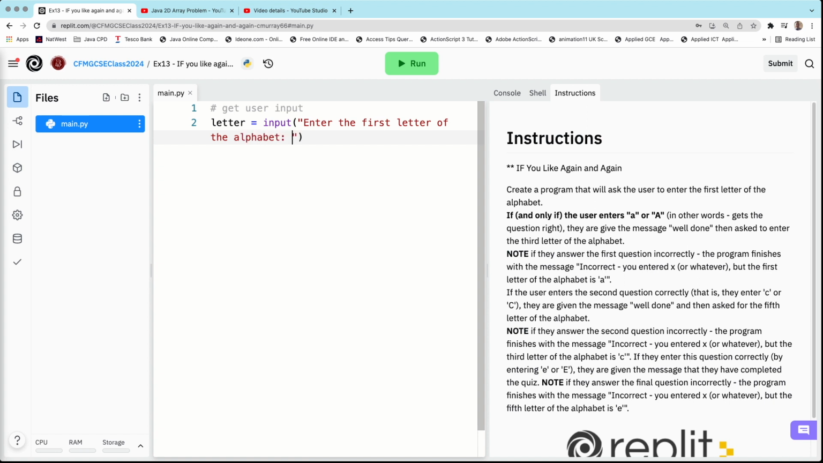Okay, so we're doing that, and if letter equals A, now there is another way to do this, but we're not going to discuss it just now, or letter equals a lowercase a. And here I better fix that error there. So if they put in an A, then what do we do? Do we say well done? Yeah. Print